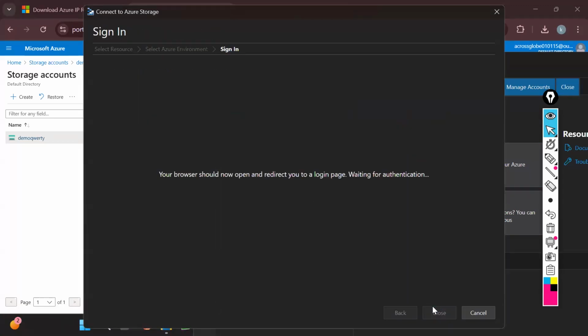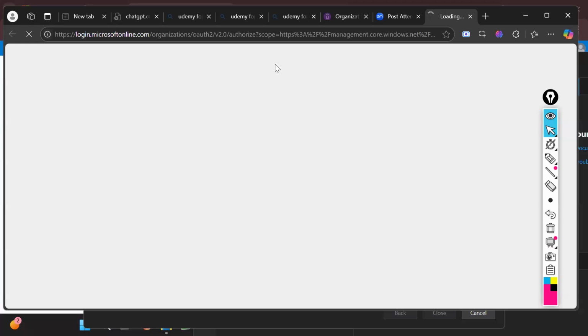Next. It's going to log into my Azure account first. Let me log into my storage account. Just putting the password here.